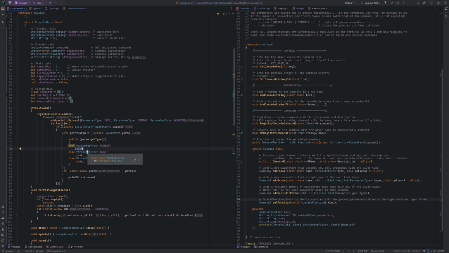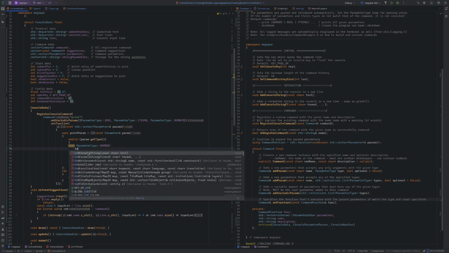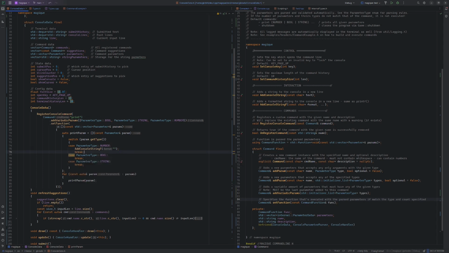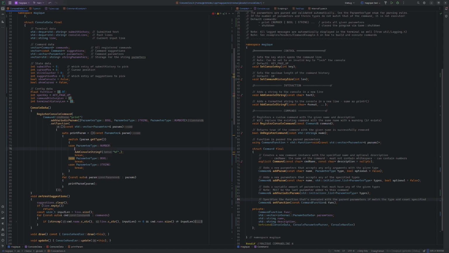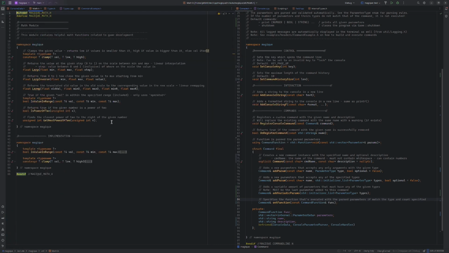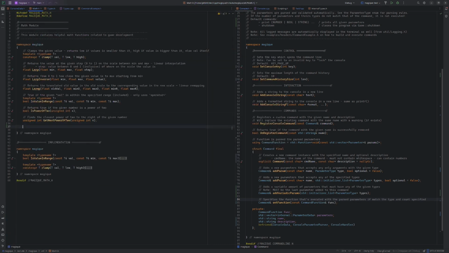So here I can then do add console string f. Then here I want, guess it should be a number f. I guess I can do a switch if I want to actually make a helper method. I had to use this so many times. Bool is